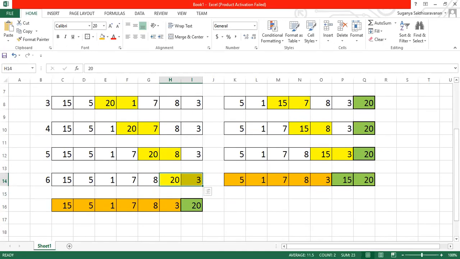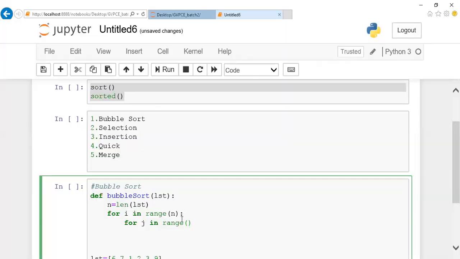So we'll go back, and for each and every iteration, for the first iteration n minus 1 and the second iteration n minus 2, it is going to go like this, right? So I'm going to mention n minus i. And here I don't want to go till n, but one step before it. So let me mention n minus i minus 1. This is the important logic in the case of bubble sort. This is important, guys. I keep on saying it. At the second iteration, you should not disturb the last element. And at the third iteration, the element one before it should not be disturbed. That is tracked by using the j loop. And the number of passes is tracked by using the i loop.